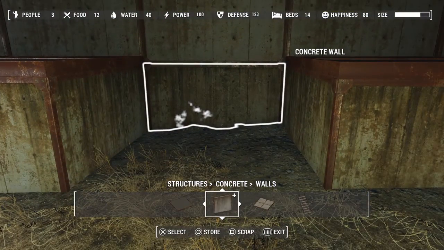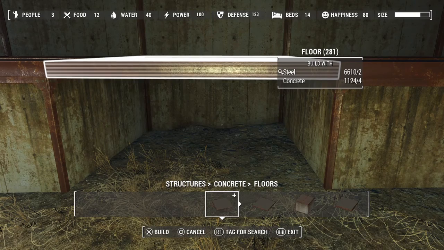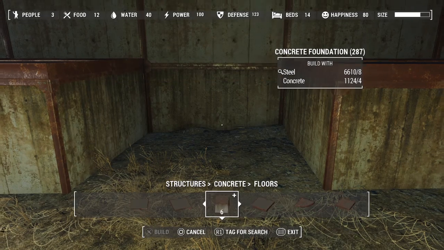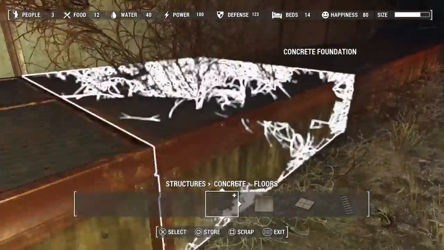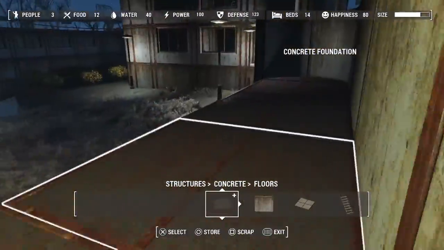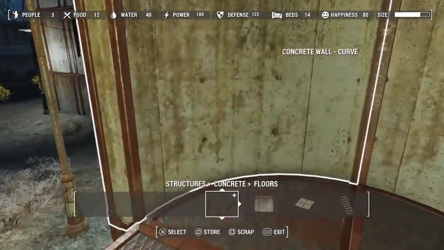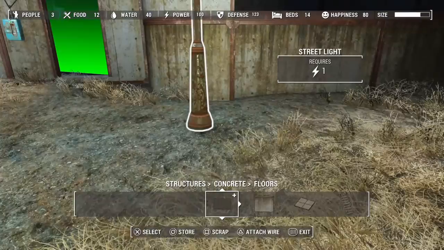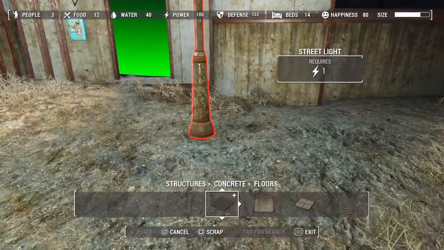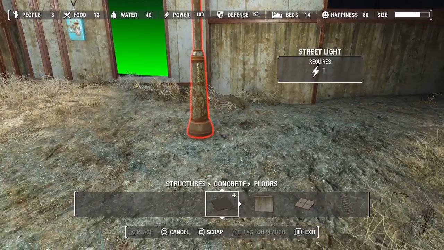I put skins on the outside of these just to line it up. So technically I don't really need the foundations, but again, it's just a visual thing. Same amount of concrete. So what I'm going to do is move this light fixture. We want the light fixture right around...